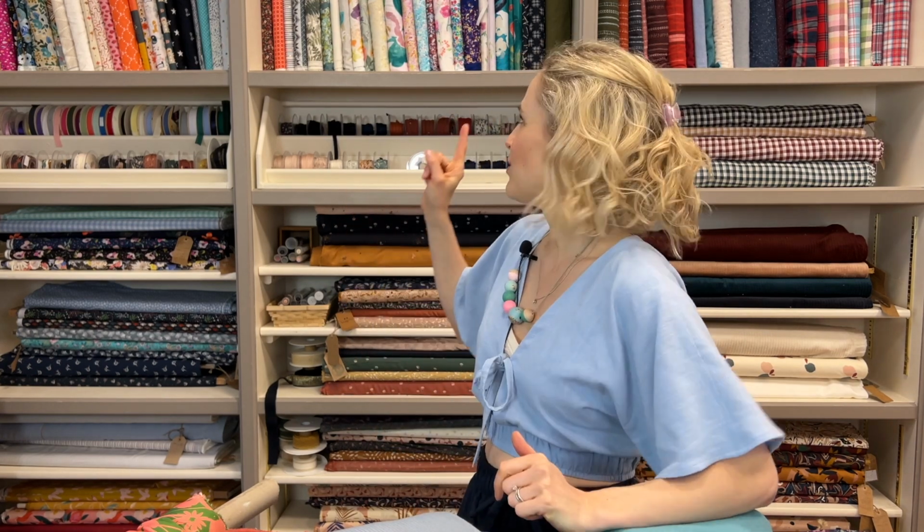So the Nani Iro fabrics that the eagle eye amongst you might spy on the shelf up above me here, they came in quite near the start of the month and a lot of them have gone already. I'm not sure if we're able to get any more at the moment yet, which is why I didn't want to feature them too heavily in this video, but you can still see what we've got left in the just arrived section. So I will try and group all of the fabrics together just so that it's a bit easier to digest,